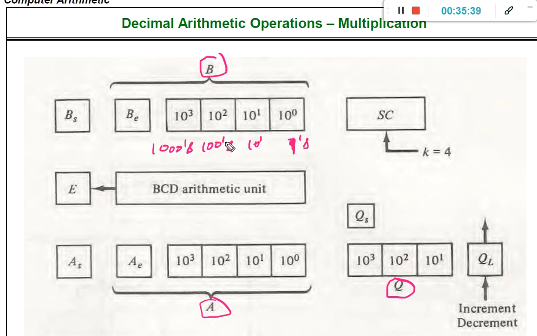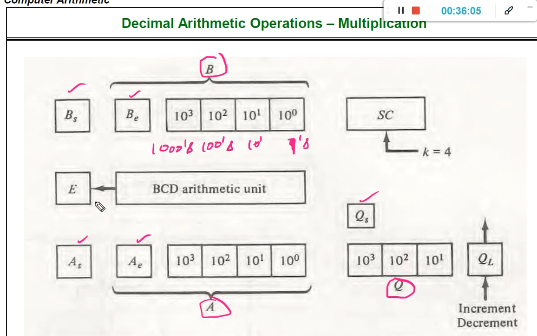So this is ones place, this is tens place, this is hundreds place, this is thousands place. We need to represent it like this. We need one more bit, BE, AE, to have the expansion bits of the particular registers, and AS, BS, QS are going to represent the sign bits.